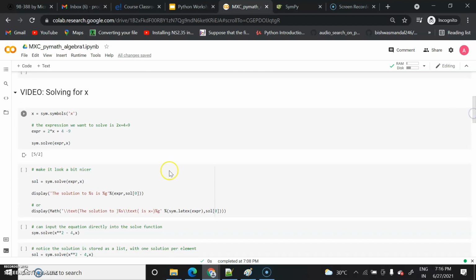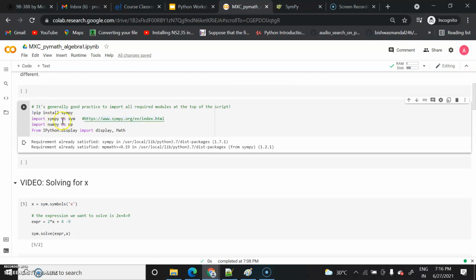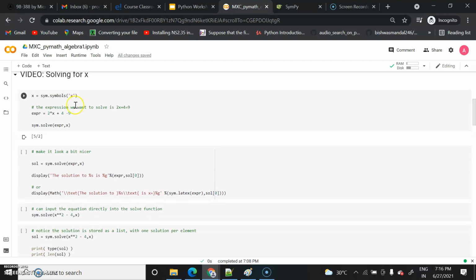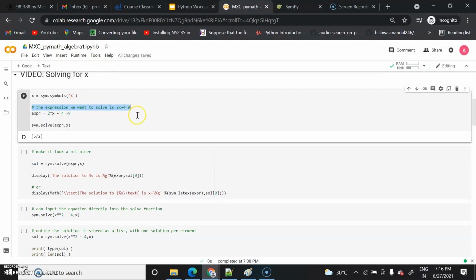So here you can see I have declared a variable x, with the help of sym. Here sym is the SymPy library, so this is a short notation for that. When we use it, you can declare a variable x and assign it the symbol x. It means that this x will act as a symbol, and this will solve an expression, this one, 2x plus 4 equal to 9. When you are going to solve it, let me explain first how you can solve this.